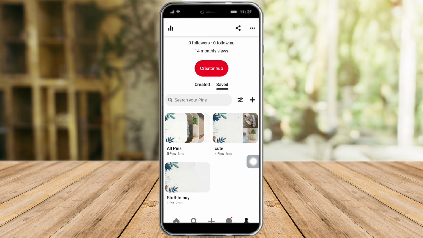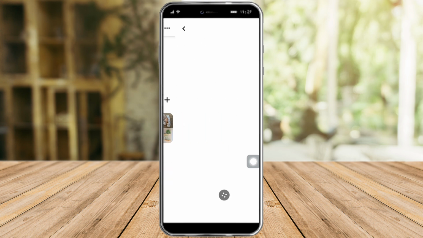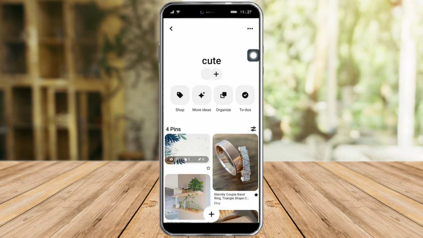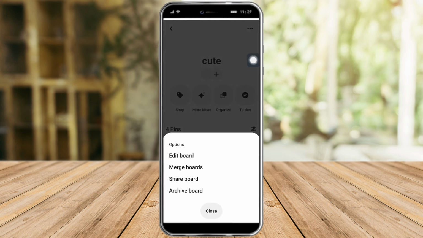If there's a padlock icon, then that just means that it's private, but if you don't see that, then that just means that it's public. Since all of my boards right now are public, I need to make some of them private. So I will just click on a specific board. Then after that, I just need to click this three dots up here, click on this edit board right here,